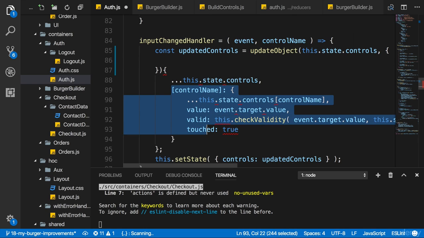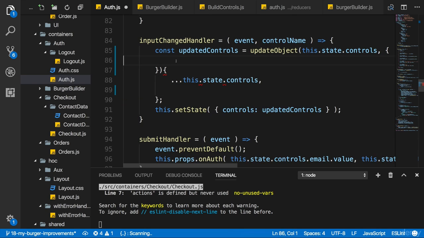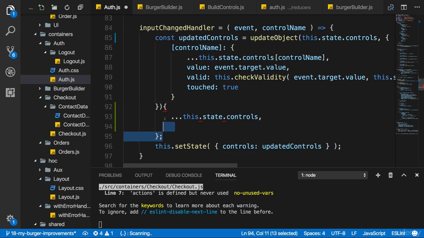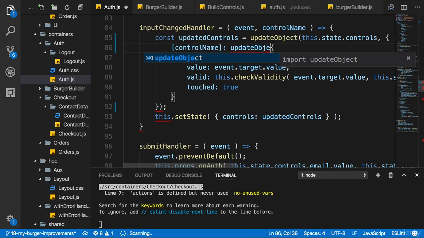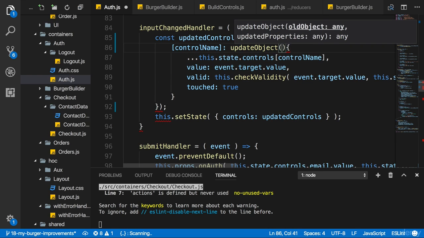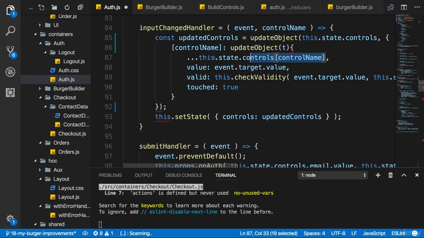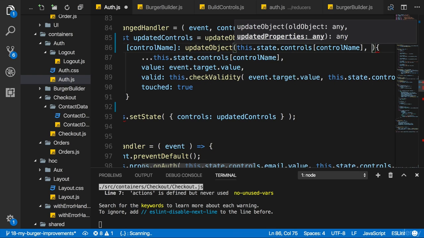And here it's this control name where I can just cut this code and paste it in here. Get rid of the old one. And in control name, I again update an object. So I simply nest another update object call where I update this object, which I distributed prior to my utility function.